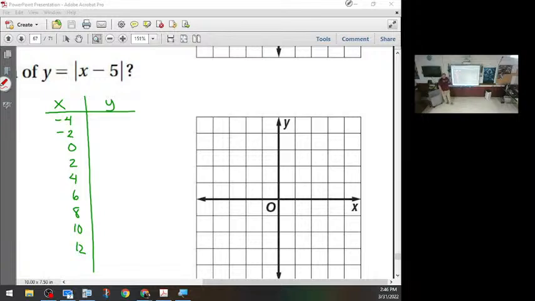Okay. If I jam a -4 in there, -4 minus 5 is what? And then absolute value. Put a -2 in there. And then,